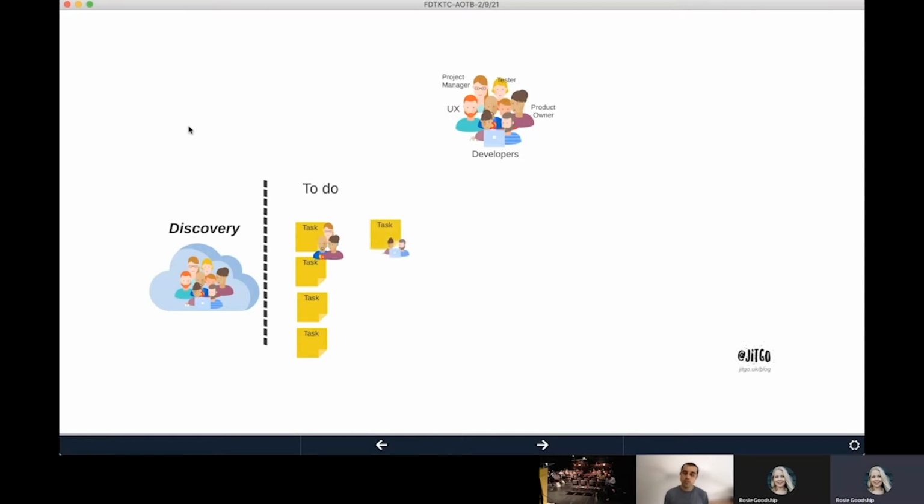Developers will eventually pick off tasks from this column and start working on it in the in-dev column. Once they're done, the tester will pick it up and they'll do their magic. And that's typically in the